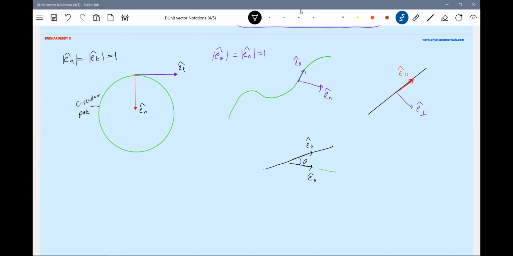Sir, why are you choosing only symbols which are e? You can pick any symbol. A cap, okay, I'll change to A cap. Again, what is the magnitude? The magnitude of A theta cap should be equal to 1. Similarly here, the magnitude of e_parallel. So wherever you want, for your convenience, you can introduce unit vectors. This is e angle, or A theta as I'm writing it, the one along a line which makes an angle theta with this line.